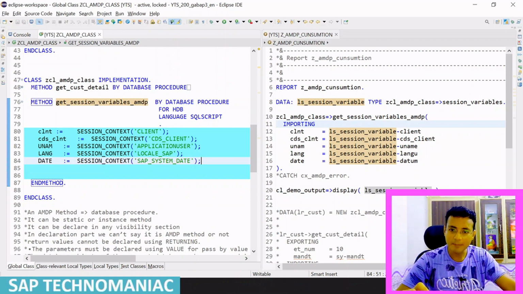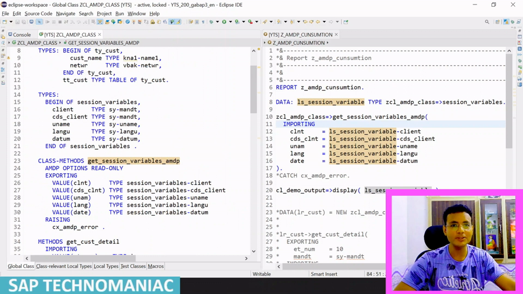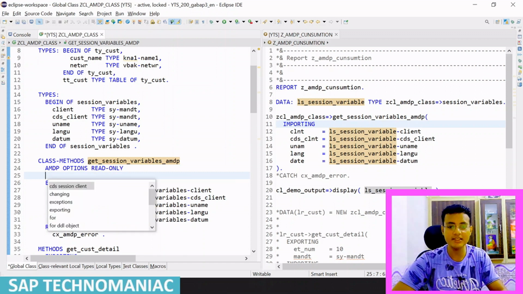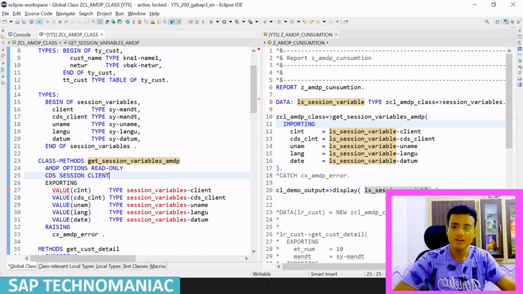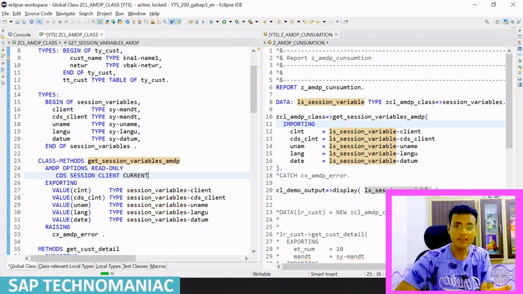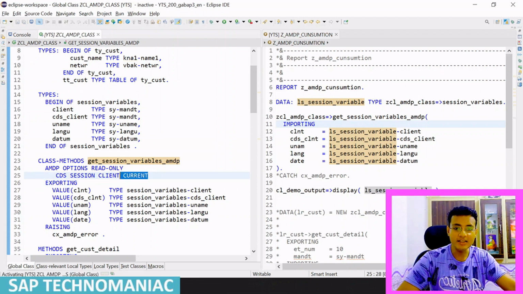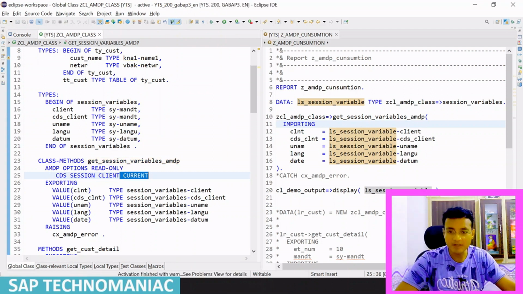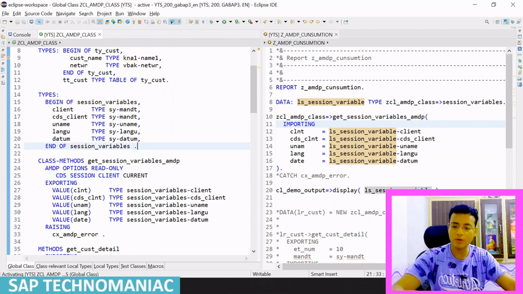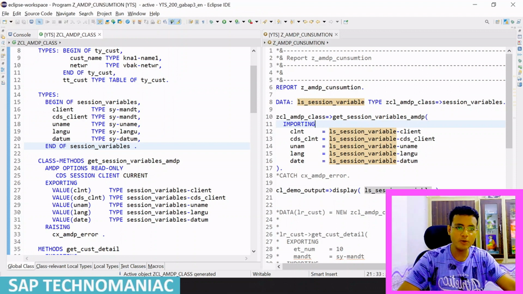So the purpose of the second AMDP option is to change the CDS client value. When you click on the second option, what is the CDS session client, either you can pass a current client as a session client. In this case also, let me activate Control F3. What I told the system is that the CDS session client value I want to pass as the current client. By default it is coming as the current client, but let me activate Control F3, and if I do F9 again on this particular method,